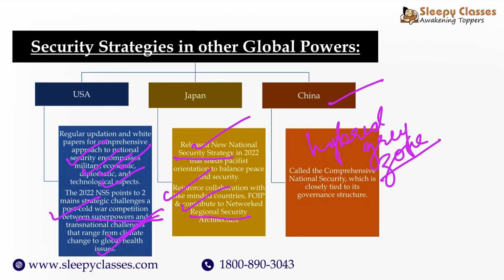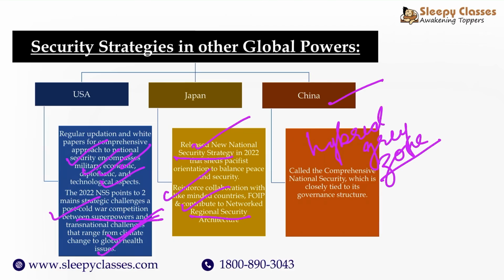All of these are a part of its comprehensive national security strategy, and again it's very centralized, just like the governance structure of China as well. Right, so we see that a number of countries have this. Similarly, UK has it, right? So UK, to ensure its security, relies a lot on its nuclear posture, plus also the global alliance, the global security defense pact in the form of NATO.